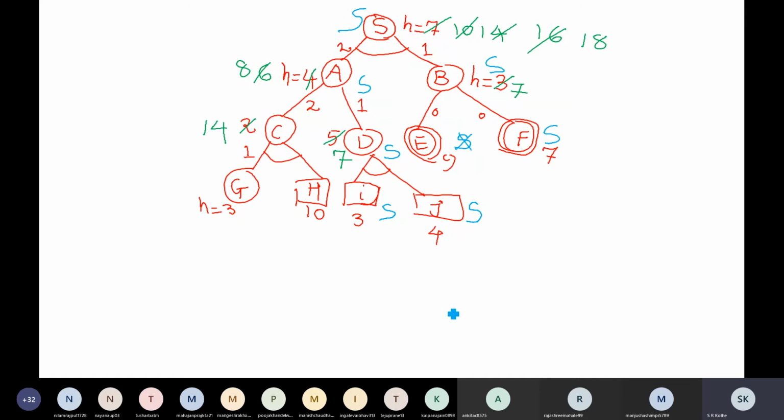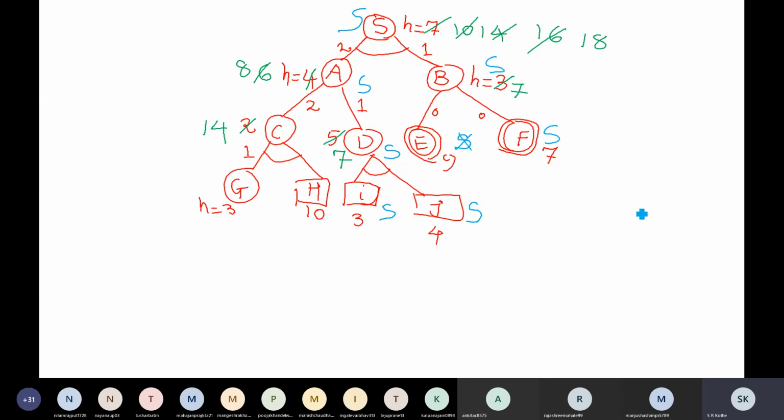When A becomes solved, the time when you reach terminal subgoals I and J, you label D as solved. Since D is solved, A has become solved. Cost calculation has been performed. B was already solved earlier, so S has become solved. Algorithm will terminate and return all the nodes with label solved. That is the solution.